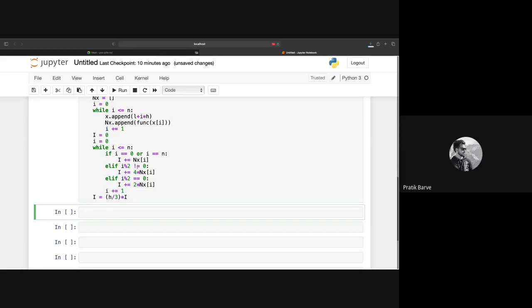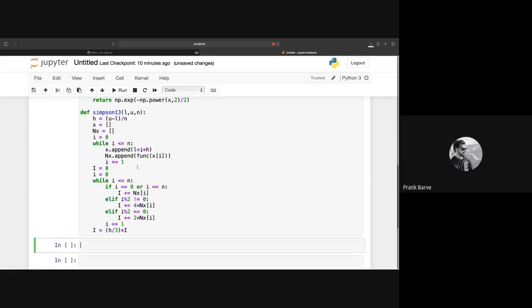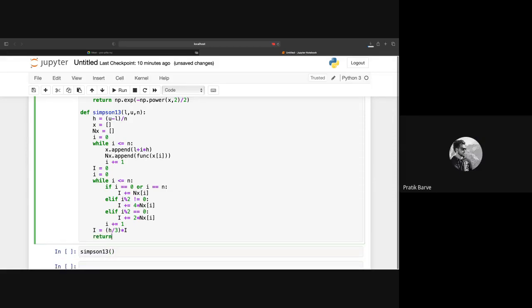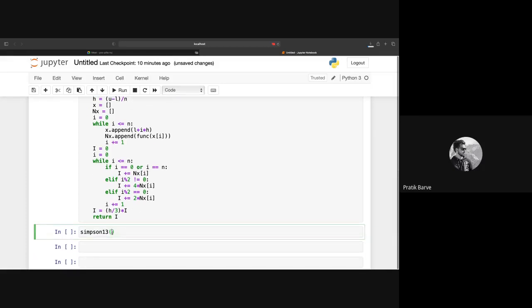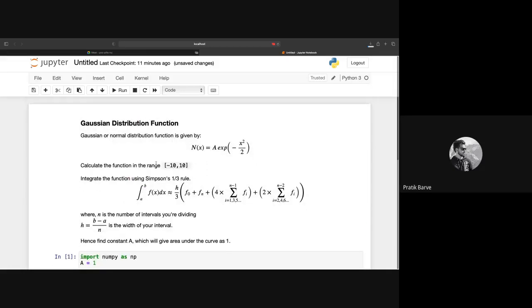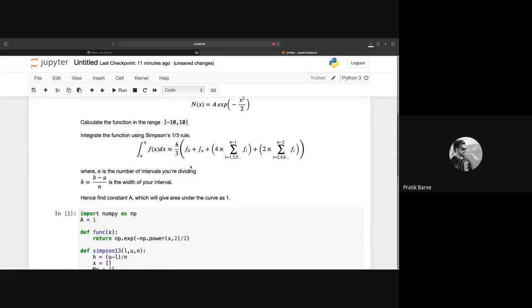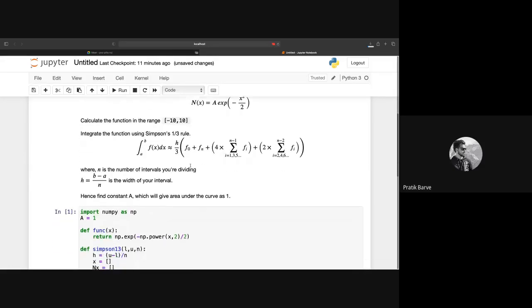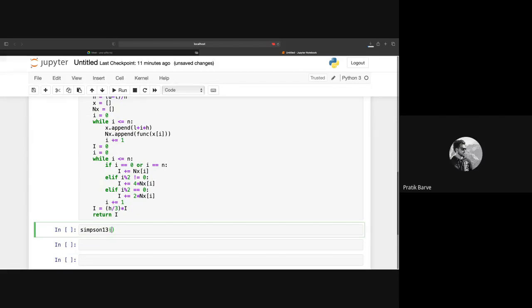Don't have any error. So now to find the integral value, we'll just call the function Simpson 13. Do you have to return this? Oh, yeah, I have to. So return I. So Simpson 13 will be called with what our question asks: the range -10 to +10, and the number of intervals given. We'll take 1000 intervals. So from -10 to 10, and if we take 1000 intervals,